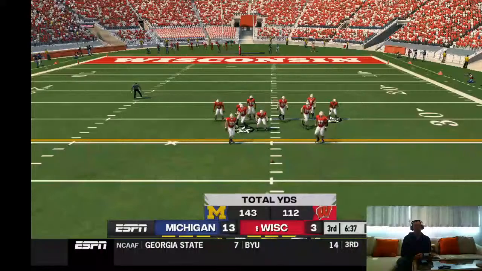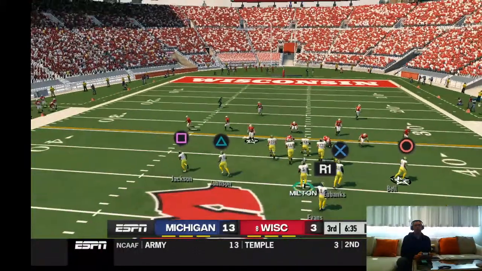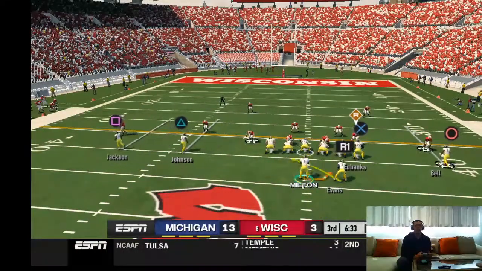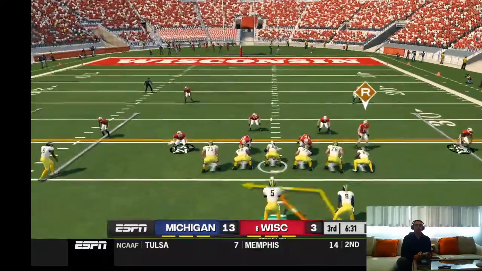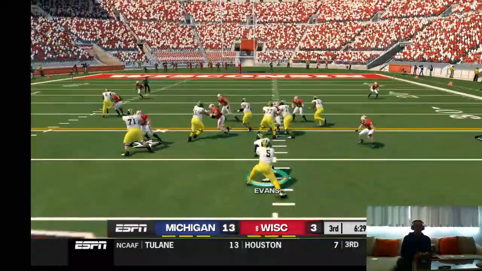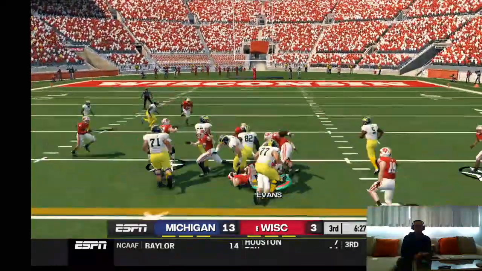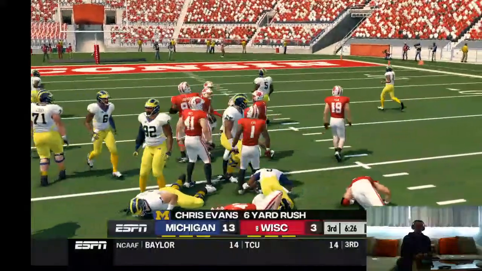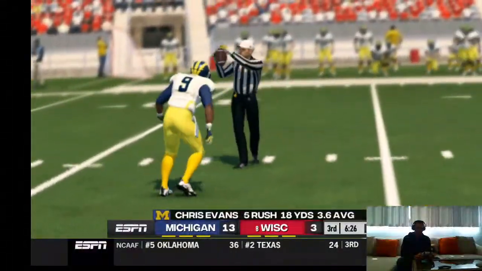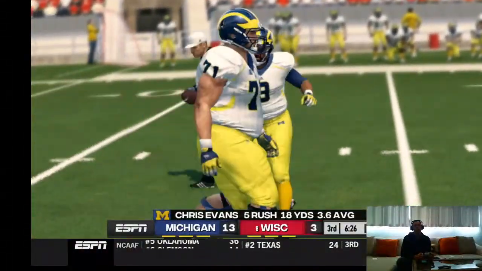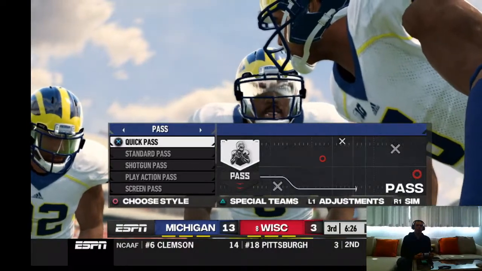It's 4th down, and they're going to try to go for it. Brought down after a nice run up the middle. Gain of 6 yards. First down. Big play.